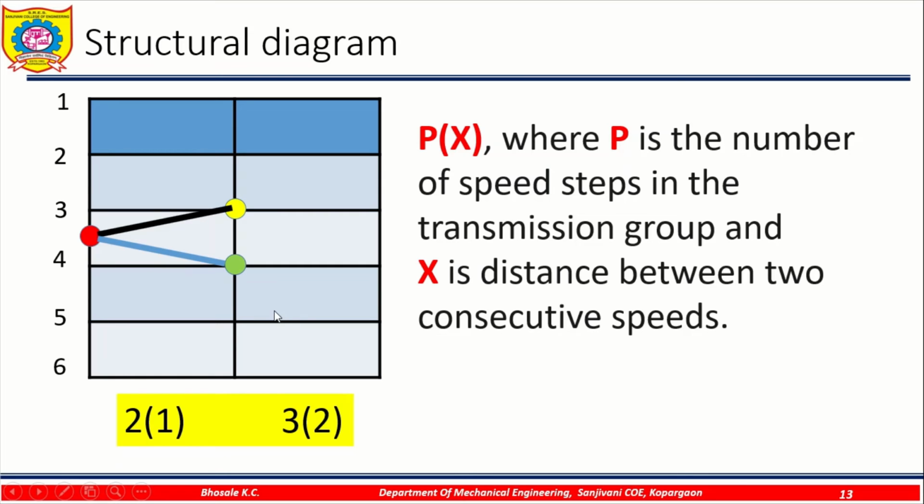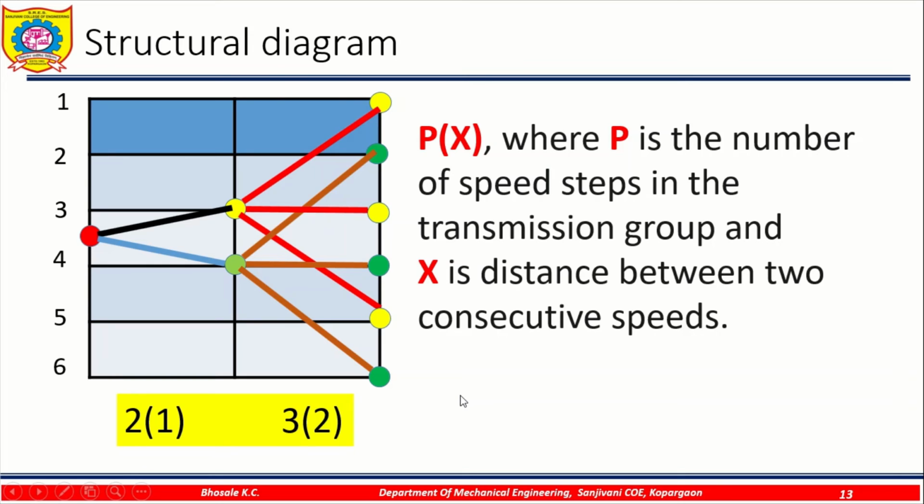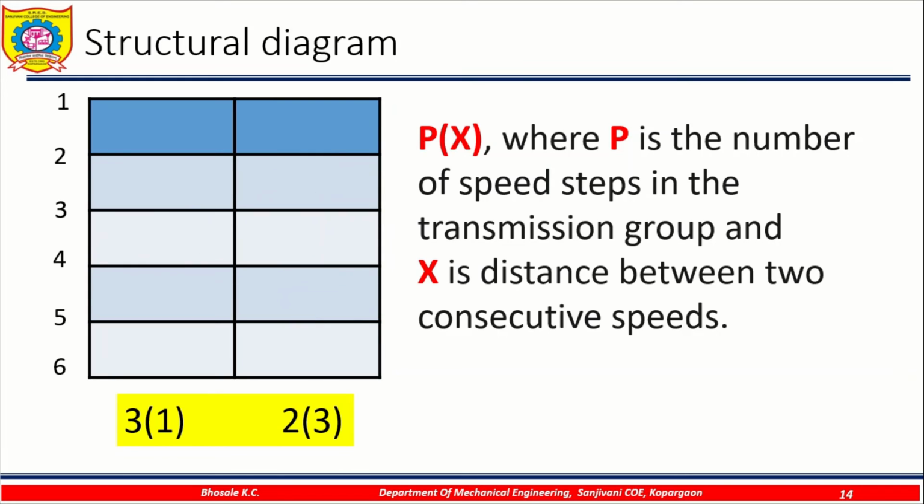It indicates that from one single input we are getting the two outputs on the intermediate shaft. Similarly there are three rays with a distance of 2. So symmetrically we have to plot the diagram like this one, and three rays are there, which shows that from the one single input there will be three outputs. We'll get the three different output speed steps from the single input. And similarly from the yellow dots there are three nodes with a distance of 2, and then join with the line. So this will complete the structure diagram for the 6 different spindle speeds.